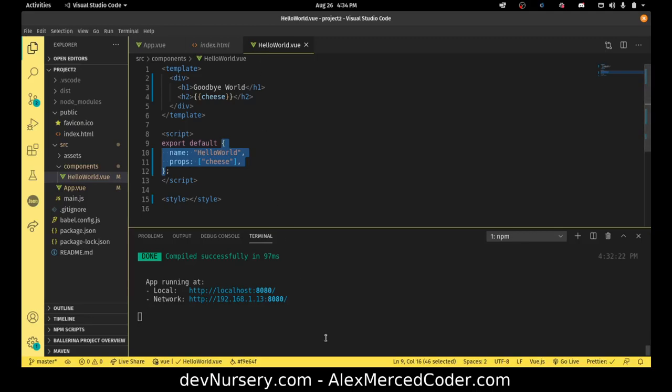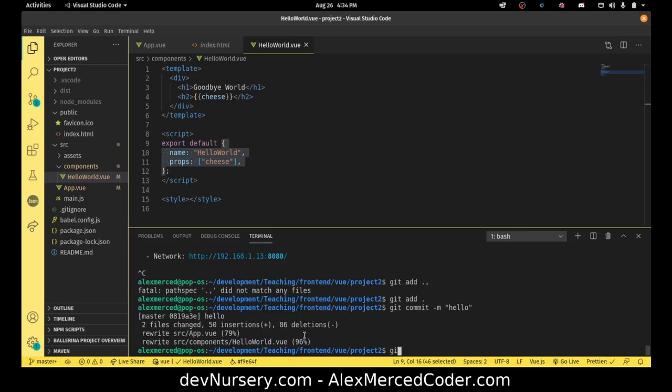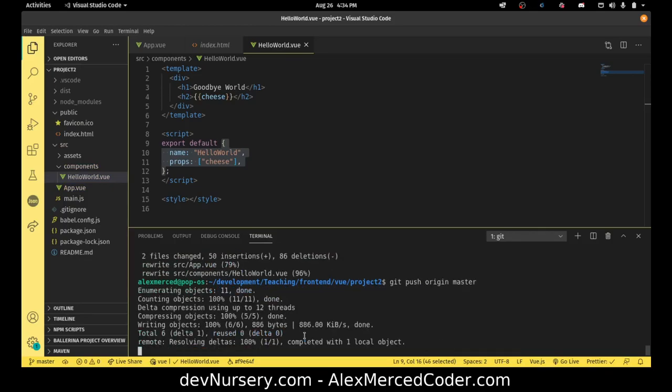So yeah, and then I would push this up to GitHub after all my changes, and it would just reflect my updates. So if I hit Control C, I do git add, git commit -m "hello", git push origin master. Now that's going to